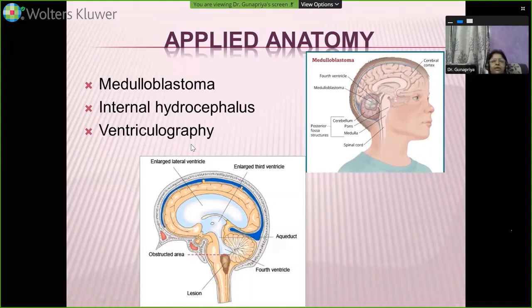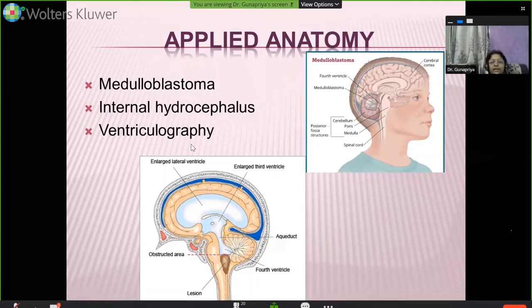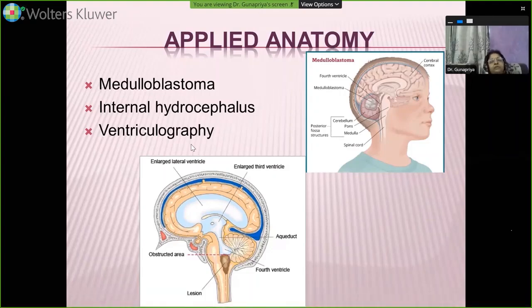MRI gives very good images of brain pathology. So MRI is very good for nervous tissue. If you do an MRI, you can make out the enlargement of the ventricular cavities of the brain. But this was a procedure done earlier using a dye, an iodine-based dye or something like a radio-opaque dye, which can go into the ventricle and show the expansions or enlargements of the ventricular cavity.